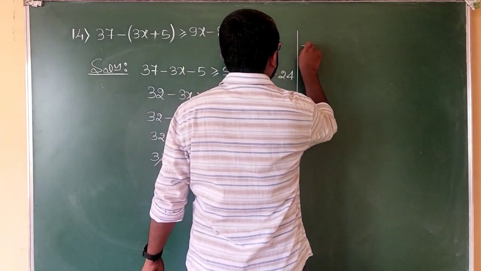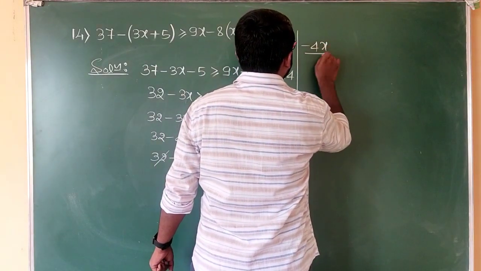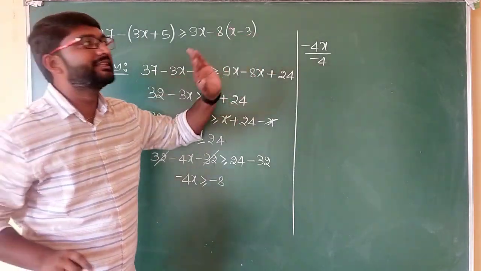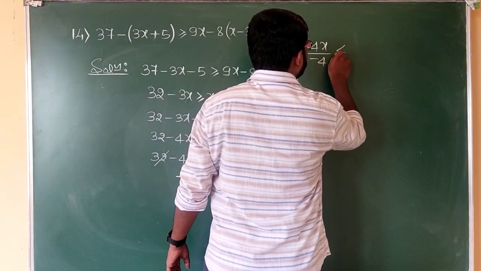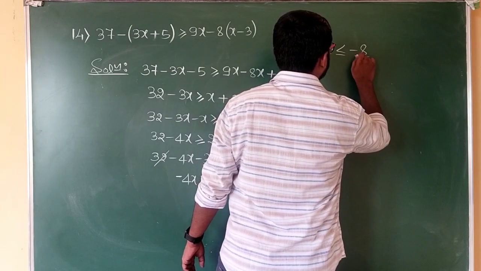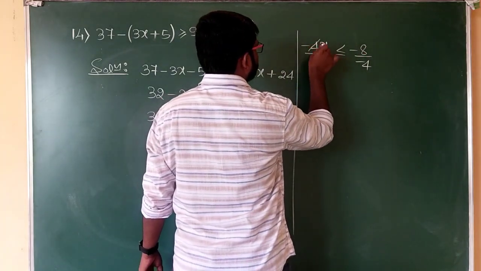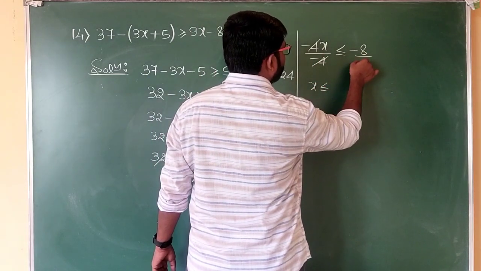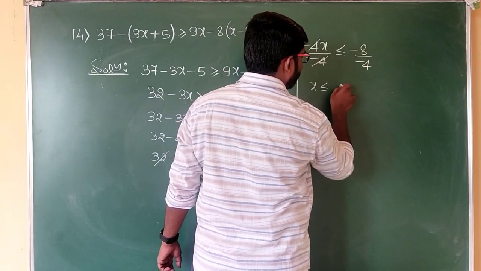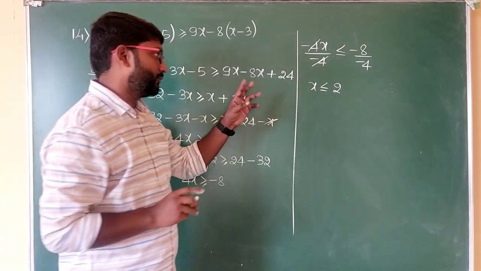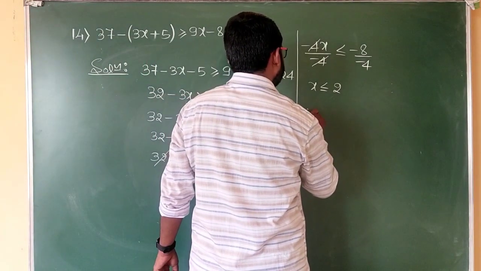So now minus 4x by minus 4, so it is greater than or equal to, now it becomes less than or equal to. So it is less than or equal to minus 8 by minus 4. So minus 4 and minus 4 get cancelled. So you have x less than or equal to minus by minus it is plus, 8 by 4 it is 2. So we have x less than or equal to 2. Therefore the solution set is,